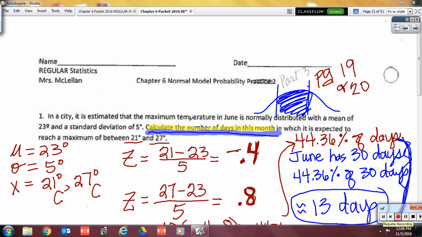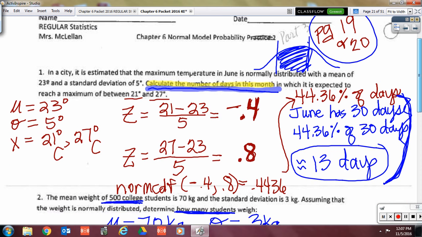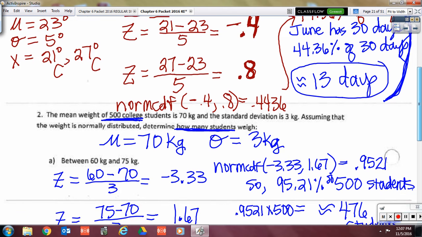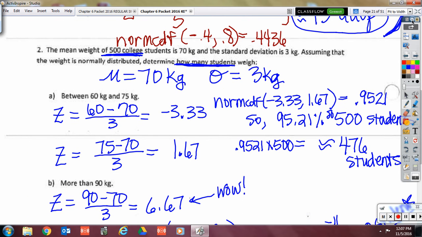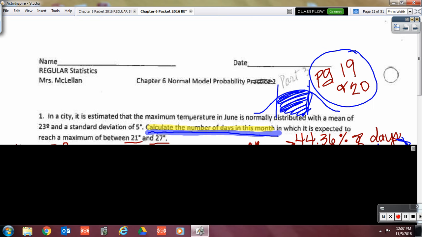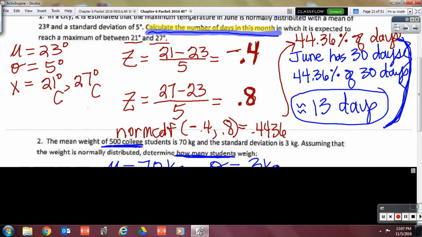Right, let's go over pages 19 and 20 that you completed yesterday, hopefully during class. Pages 19 and 20. I had already done number 1 with you, so we'll skip ahead. So number 2, I'm going to go ahead and pull this down here so we can focus on one set of information at a time. Okay, so here on number 2,